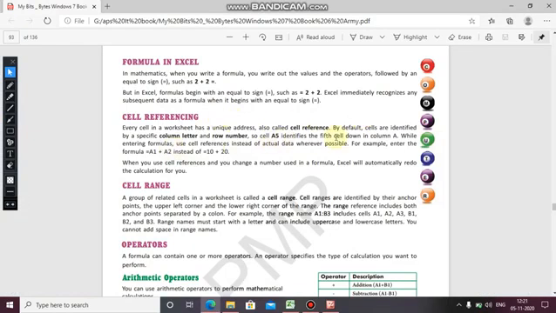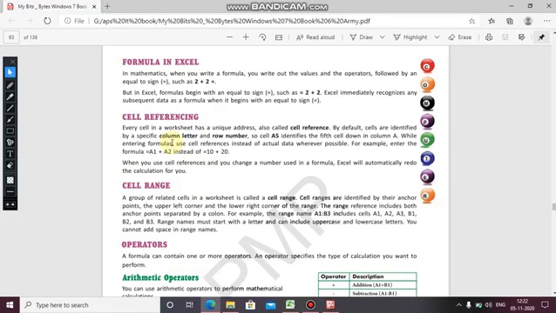By default, cells are identified by a specific column letter and row number. So cell A5 identifies the fifth cell down in column A. While entering formulas, use cell references instead of actual data wherever possible.